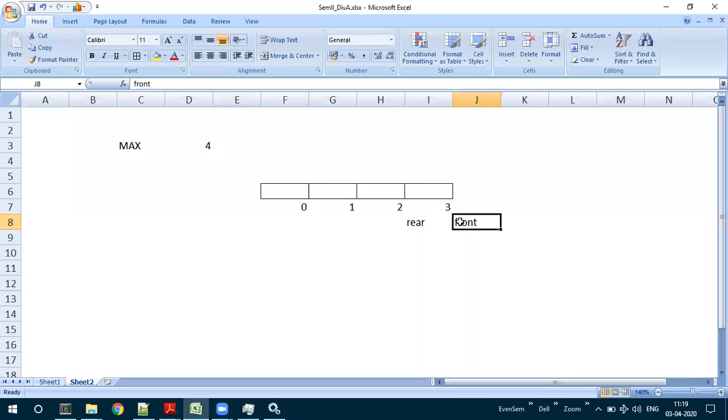So let me just repeat the steps that I have done for the last particular step. This front is here and we have 20. We have deleted 3 elements and the last element, and at this particular stage, if I want to delete the 20, I can do so and I can increment the front to the next position. But there is no element at the position where this particular front is pointing to. Now, at this moment, the queue is empty.